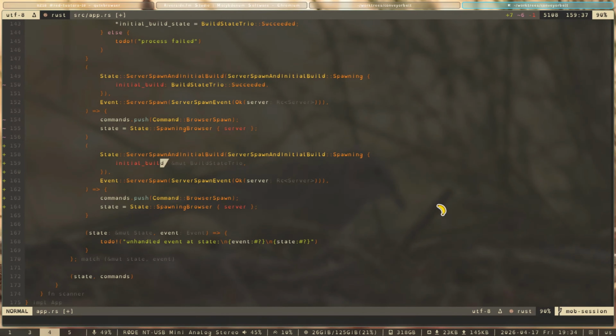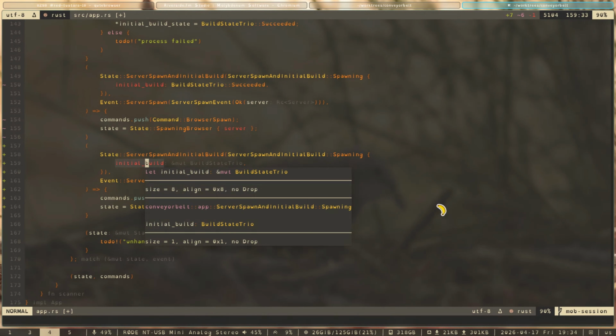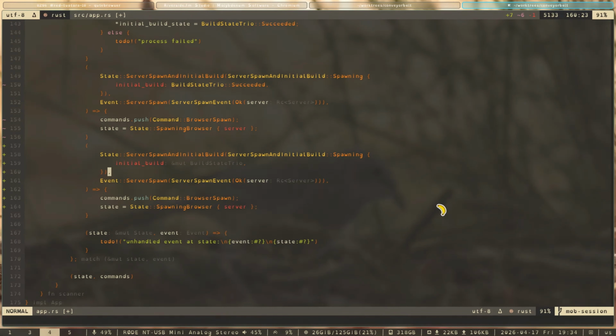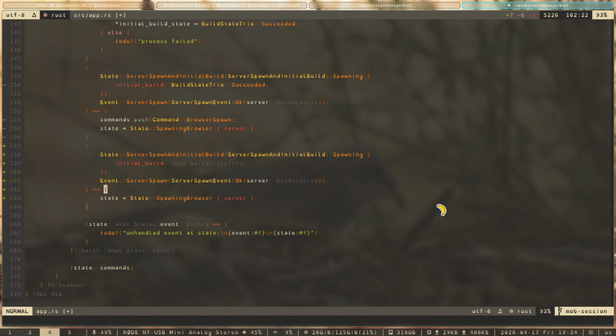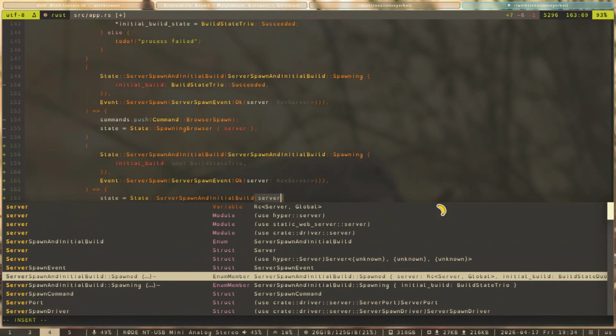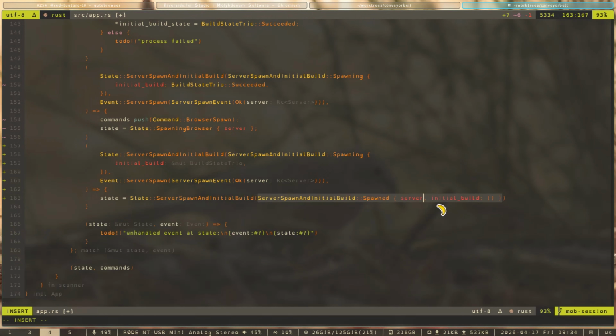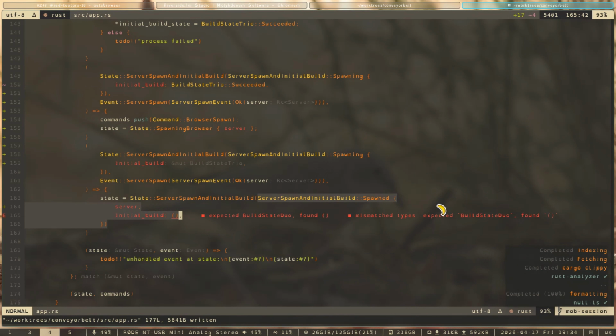And I think this is enough. Does this give us a binding? That gives us a binding. Okay, we don't need a command. We just need to say state is server spawn initial build spawned. Get the server, that's kind of completed for us. And then initial build,